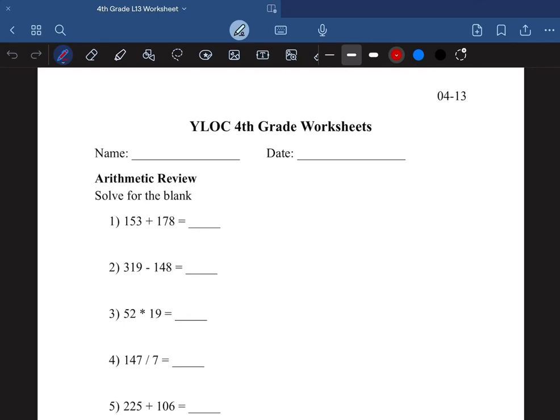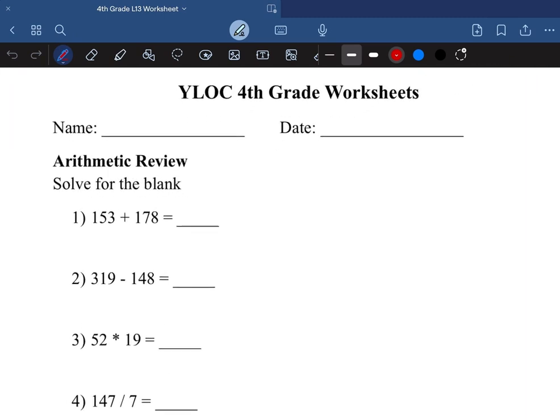This is the 4th grade Lesson 13 worksheet. Arithmetic review. Solve for the blank. Number 1, we have 153 plus 178. If we add those two together,